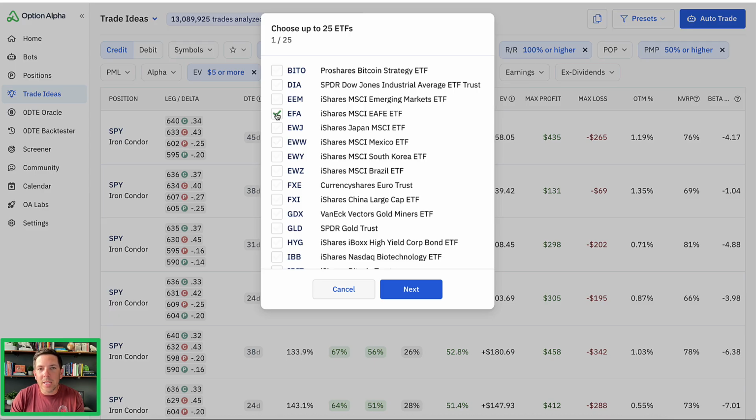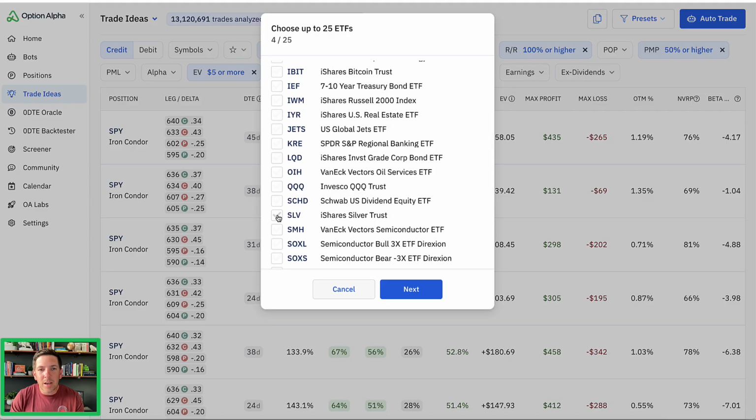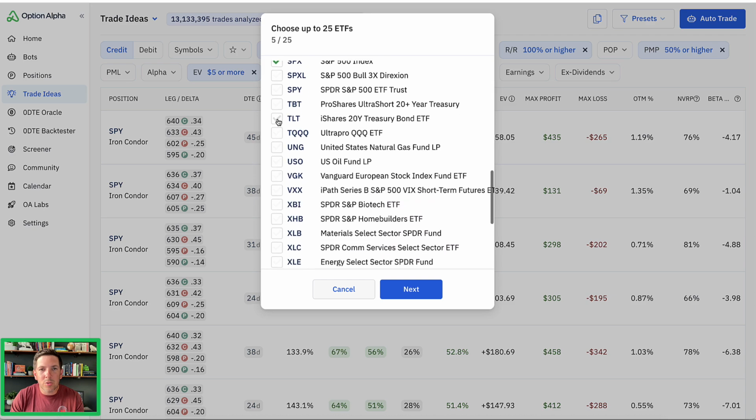I can select one ETF and put one ETF in a bot and create another one for another one, or I can do multiple ETFs inside the same bot. So I'll do that. I'll say all of these different ETFs. Let's go down here and get SPX, and we'll do TLT and XHB. I'll just throw some in there,